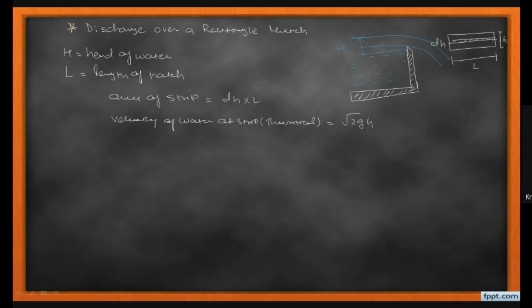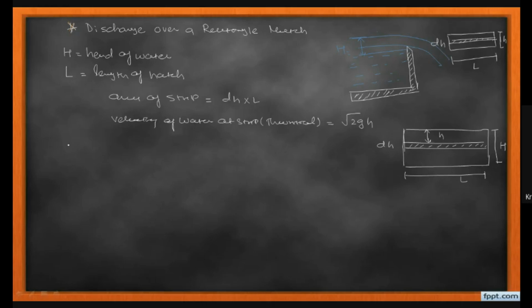We consider the height of this elementary strip from the top as small h. Suppose I am enlarging the area over here, then this is the total cross-section, and if we consider this small strip, then the height of this strip is delta h, and this distance, the depth of the strip from the free surface of the flowing fluid, is small h, and the total head available is capital H, and this length is L.